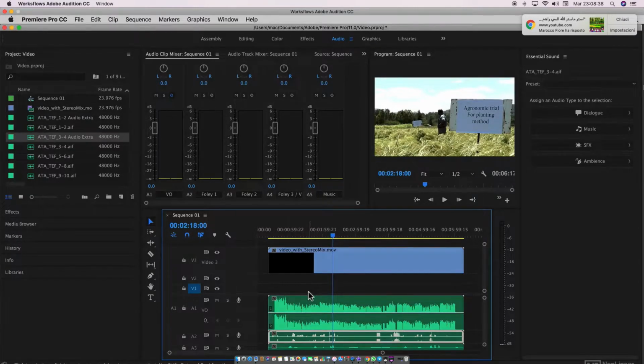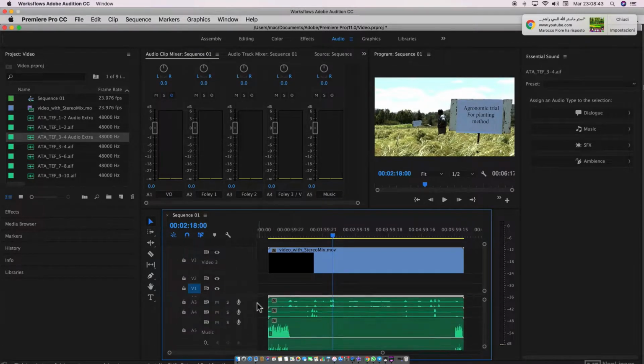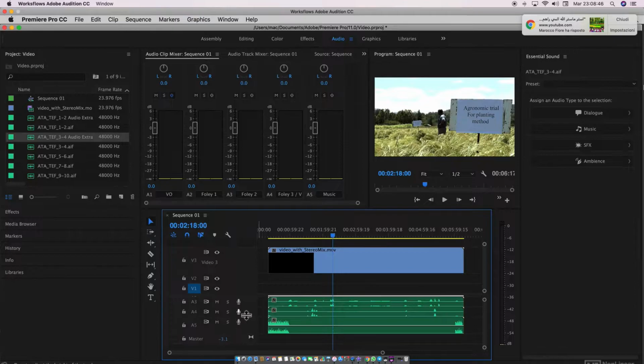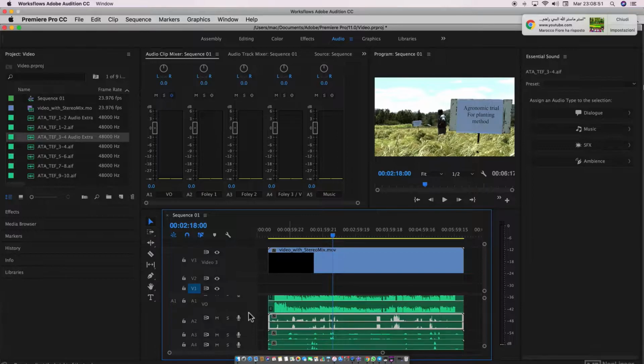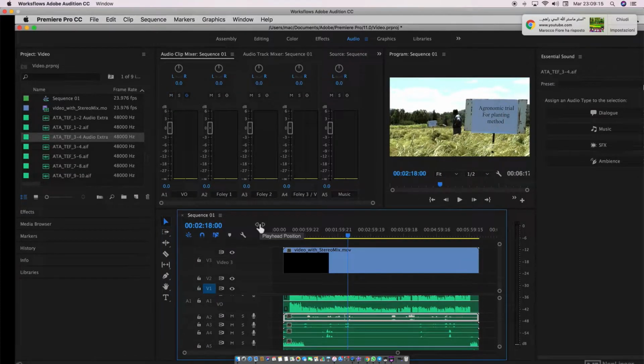If you have a project with lots of audio tracks in Premiere, you may well want to send some or all of those tracks through into Audition at the same time to perform more advanced edits. Here you can see I have a number of tracks in my project. And the way this works is using a clever system that Adobe calls Dynamic Link. What Dynamic Link does is it essentially renders out copies of these files to a central location on your hard drive, and then it enables Audition to access those files. So you don't have to manually render them out and name them and choose a destination. You can have Premiere do it for you. So if I make sure my sequence is selected here,